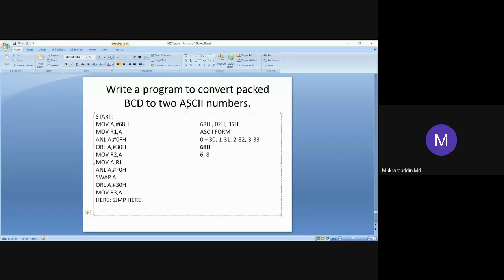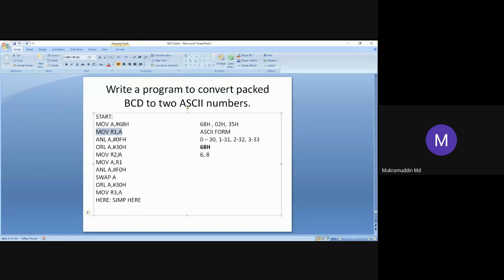So in the second step, MOV R1, A. What is happening? Initially in A register there is 68H, that is our packed BCD number. That number we are copying into R1 register. Why?